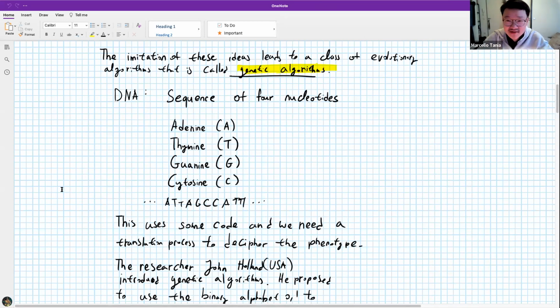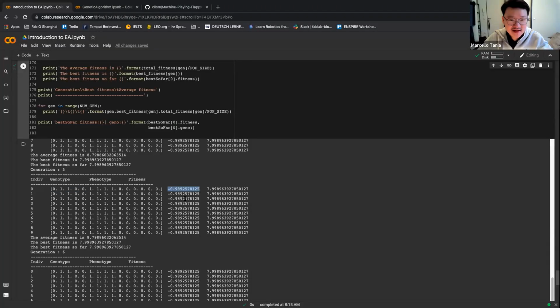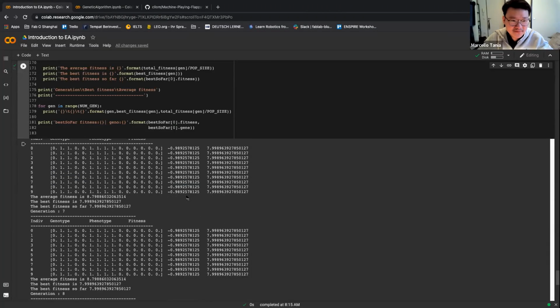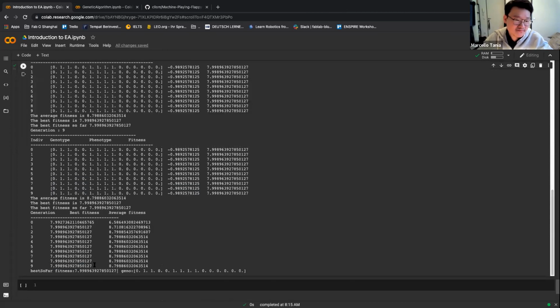Now I have certain genotypes like bits 0 and 1, and then I translate it into a phenotype. Then I do a lot of simulations to form the solution. So I got the similar